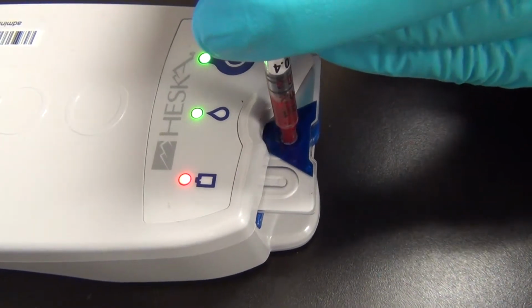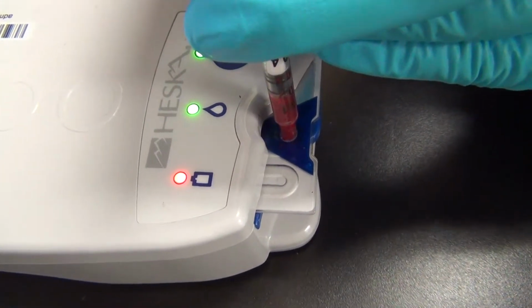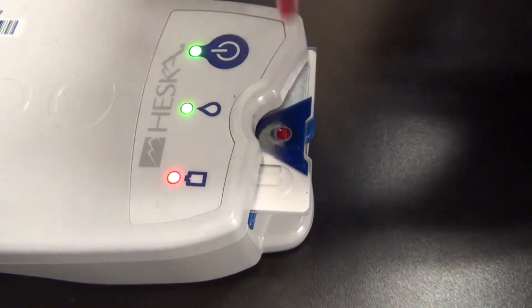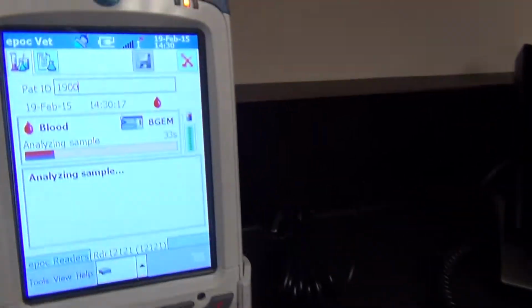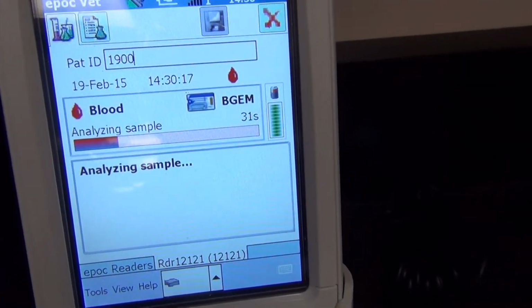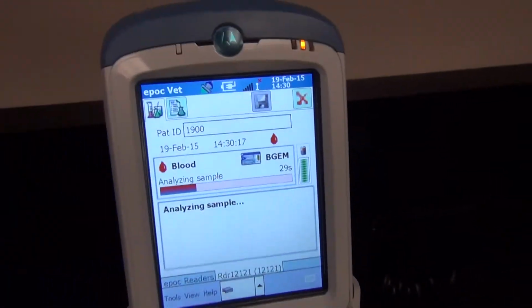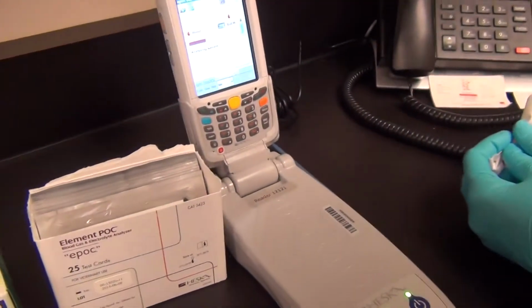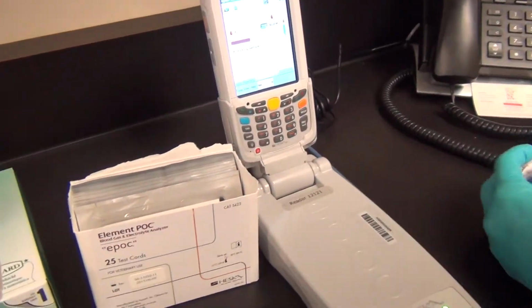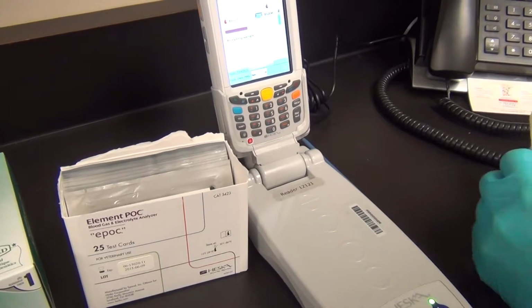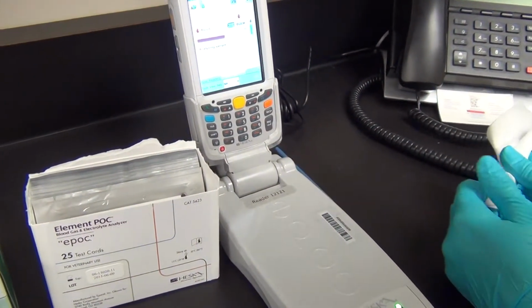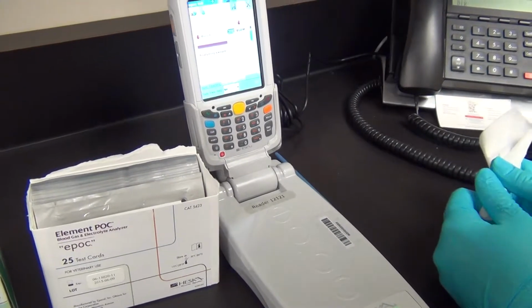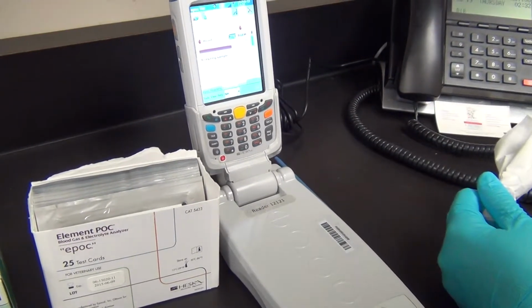So I'm going to go ahead and inject my sample. There's my air bubble. It beeped. I removed my syringe and the analyzer is completing its analysis now. The full analysis takes 37 seconds. So we'll be getting results quickly. This will completely import on its own in Impromed, and that will be explained more in the email on exactly how it's all happening and what we're doing here in the clinic to keep the records concise and in the